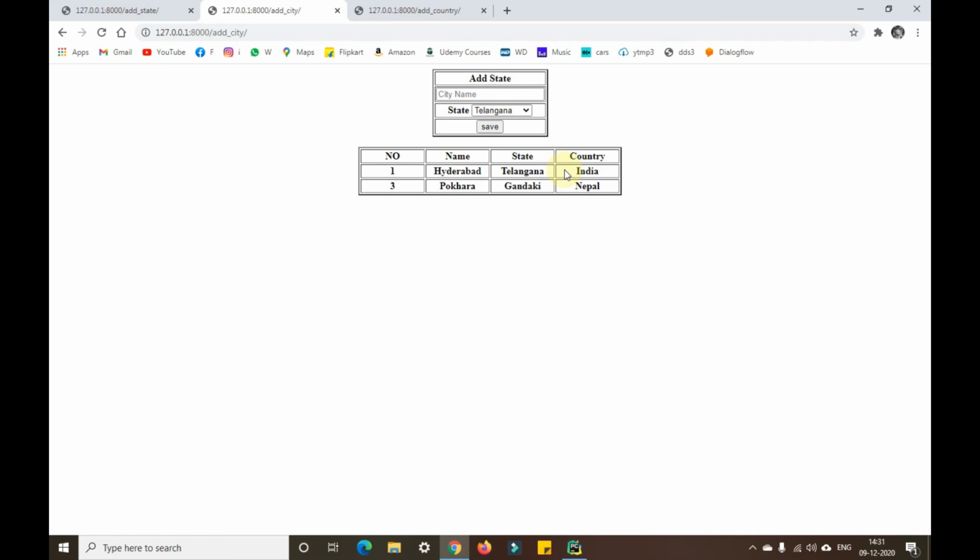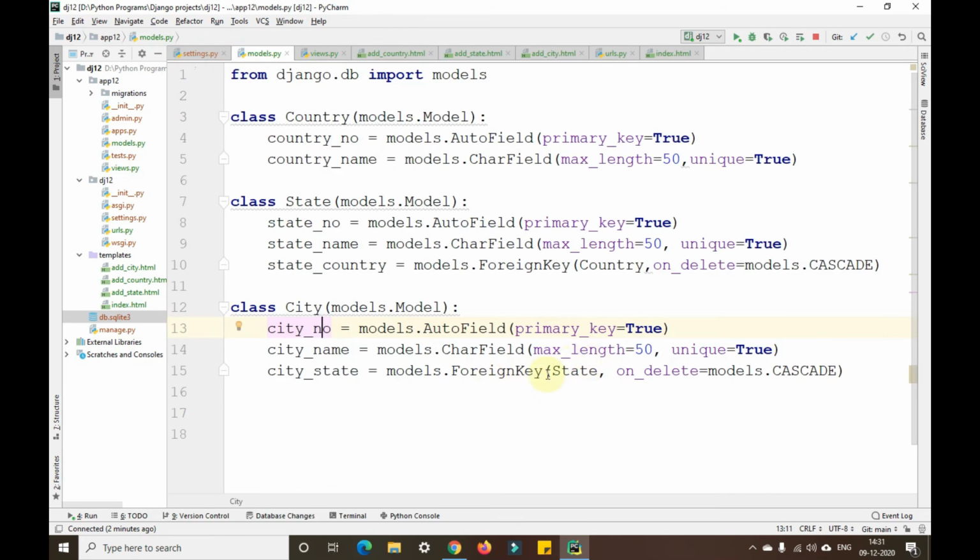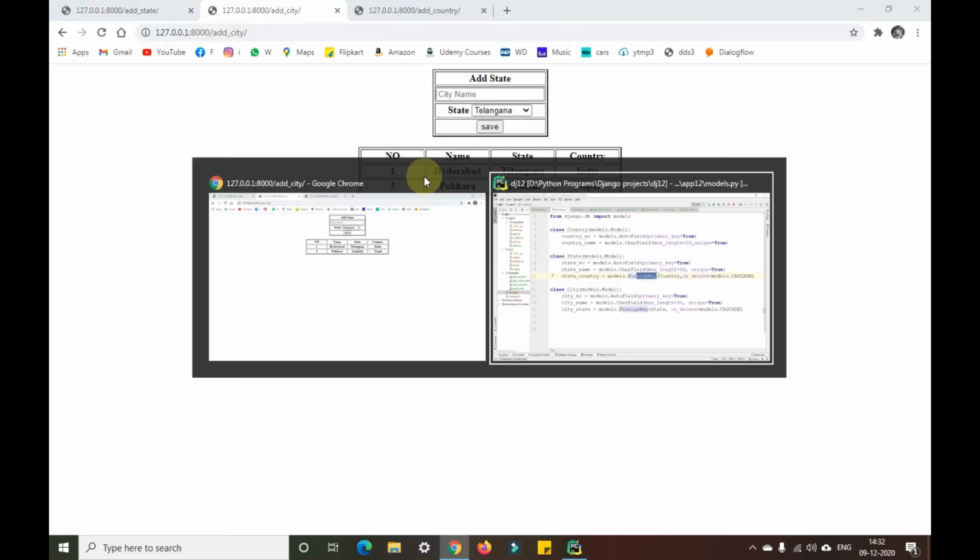Okay, so this is how we work with a foreign key, guys. As you can see, all the keys here are foreign keys. The moment I delete a particular state or anything like that, automatically the related data will be deleted. It will not delete the whole table, but that particular row or data will be deleted automatically.